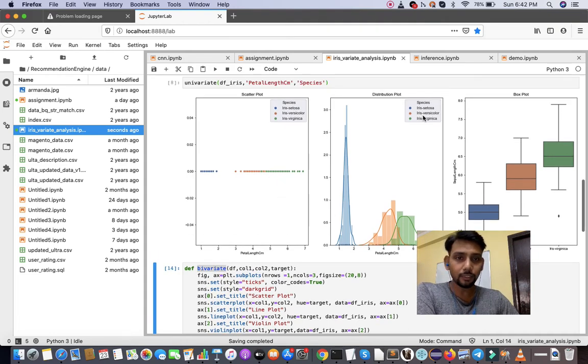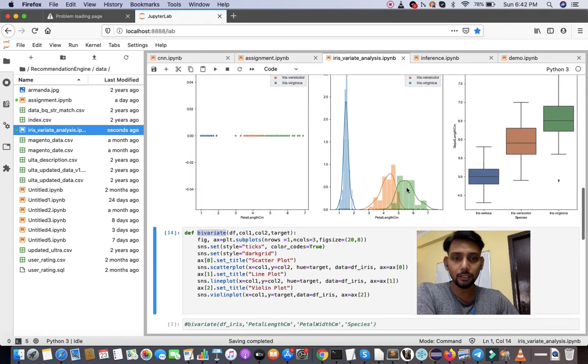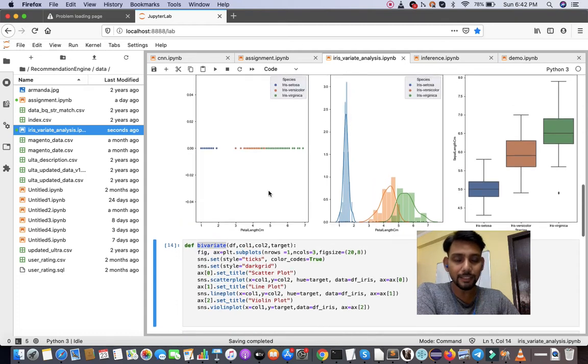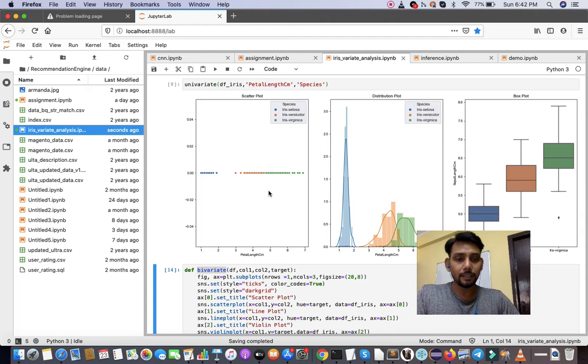In the next plot, the distribution plot, we can see the blue part is separated. Basically all 3 plots are indicating the same things, only the way of describing the data changes. In the first plot we are describing using scatter, in the second using distribution, in the third using box plot.